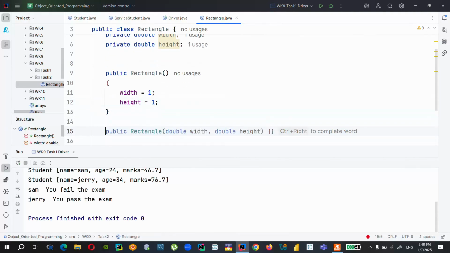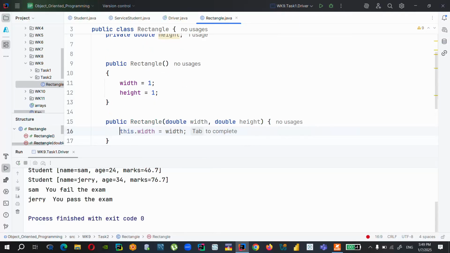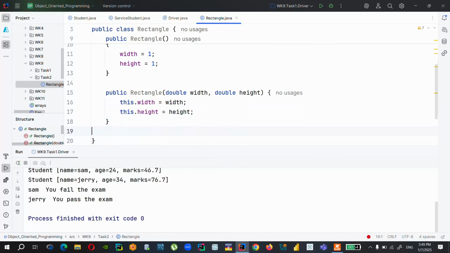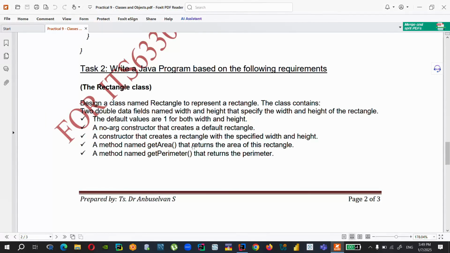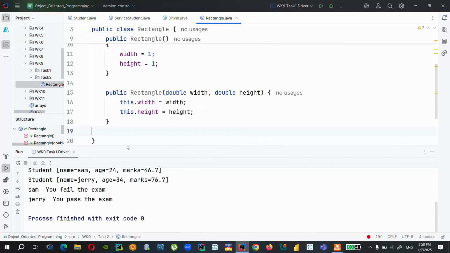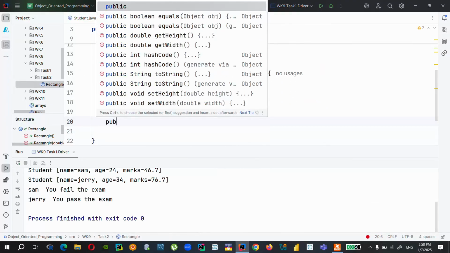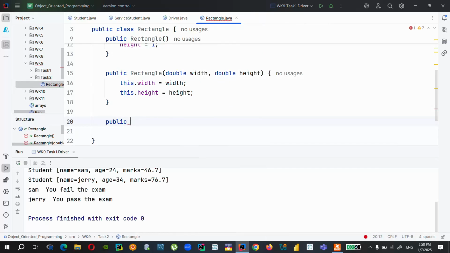Okay. Next, I need to create parameterize constructor, height. Okay. So as we also mentioned here, right? No argument constructor you need to create. A constructor that creates rectangle with specified height and width. This is a parameterize. This one. Okay. And as usual, we need to create all the getters and setters. Okay. So double